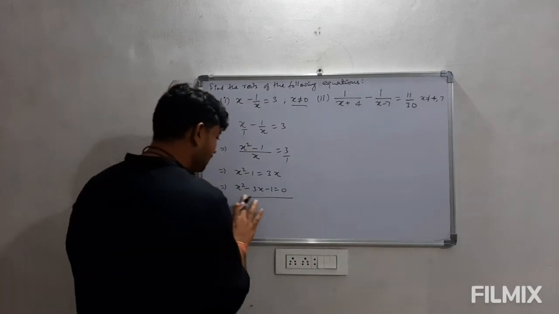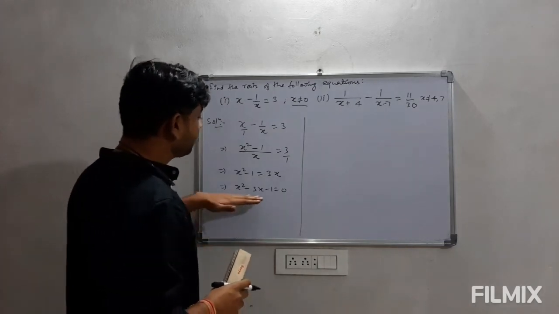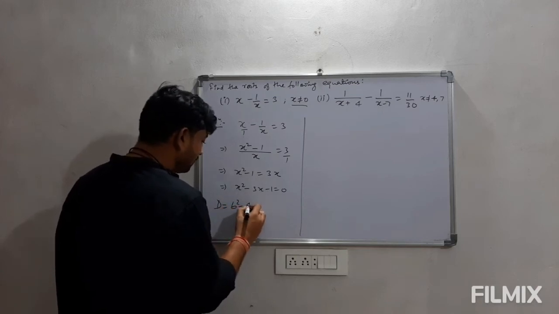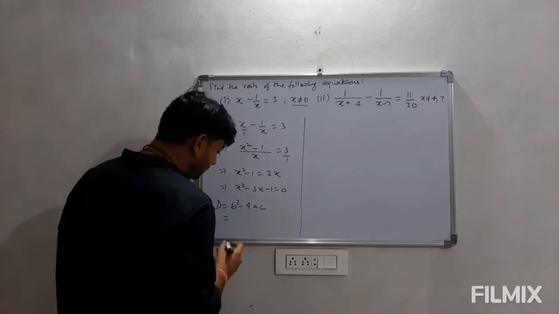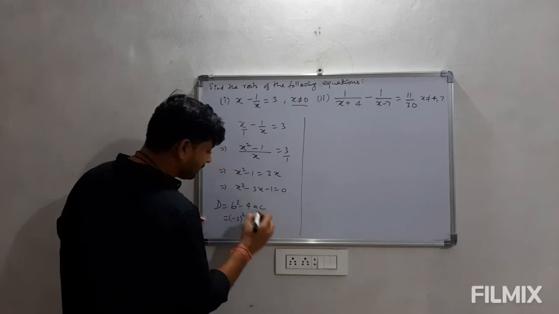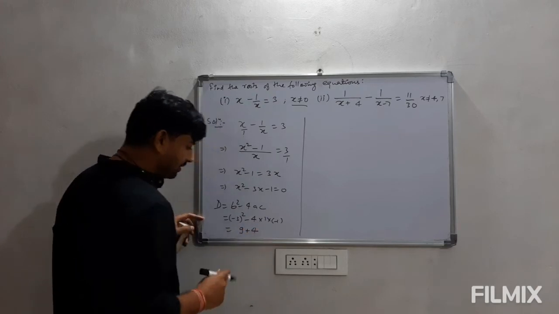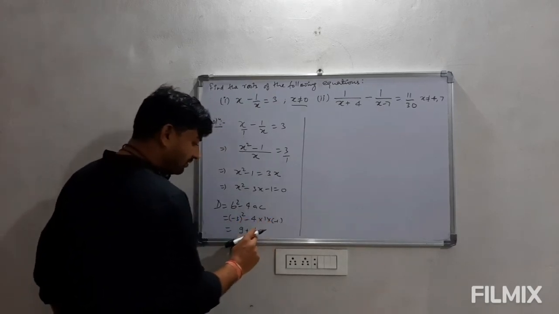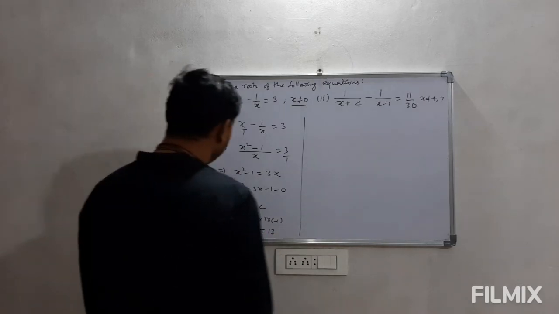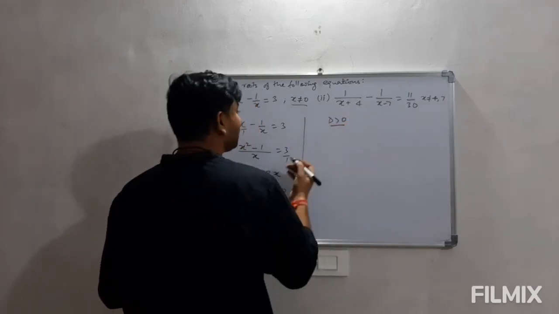Now we will try to solve this. Why am I saying try? Because first of all we have to go for the discriminant. So clearly it is b square minus 4ac. Substitute the values according to this equation. This is minus 3 square minus 4 into a is 1 and c is minus 1. So from here we are getting 9 plus 4. This is 9, and minus times minus will become plus. So we are getting here 13. So the discriminant is coming out to be 13 here. Clearly the discriminant is greater than 0, so we can find out the roots.